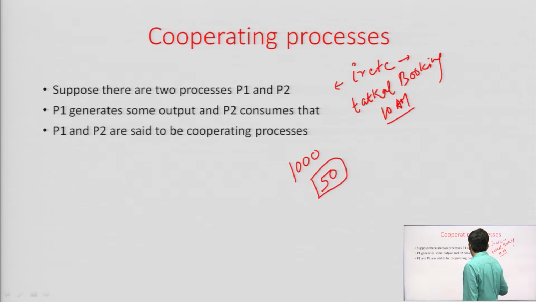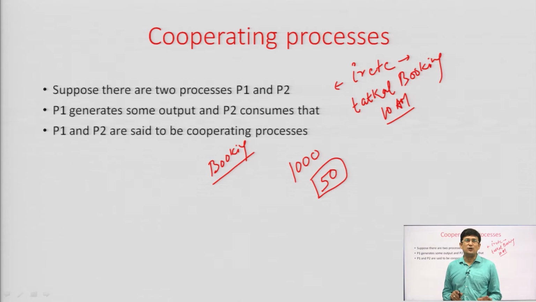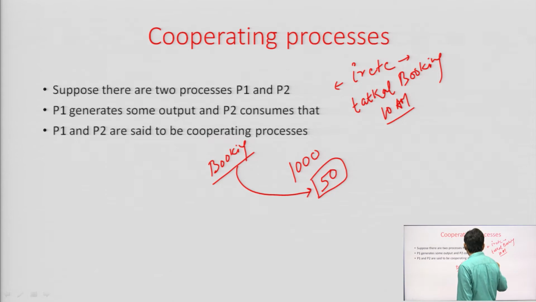So, they have a competition: whichever person does it fast will get the ticket, and the one who remains slow will not get the ticket. So, there is a competition between all those people for getting the ticket. For ticket booking, a process is generated, and all the 1000 members are actually dealing with that process only. For all the 1000 members trying to book the ticket, the operating system will generate a process, and through that process we will be accessing the seat numbers.